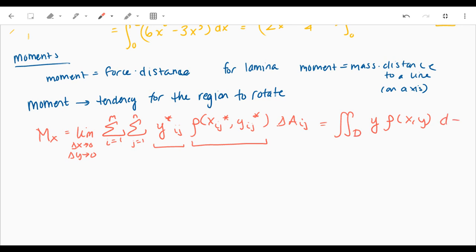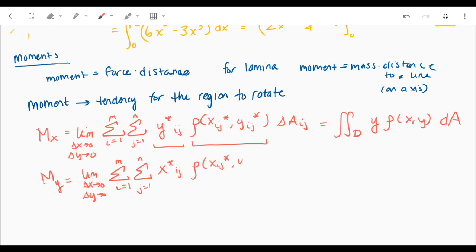Okay, and then similarly, we can have our moment about the y-axis. And that's going to be your summation of your x star. Okay, so now points that are farther away from the y-axis are going to have more of an impact. Okay, and then also times your area. So our double integral over D of x times rho of x,y. Okay,